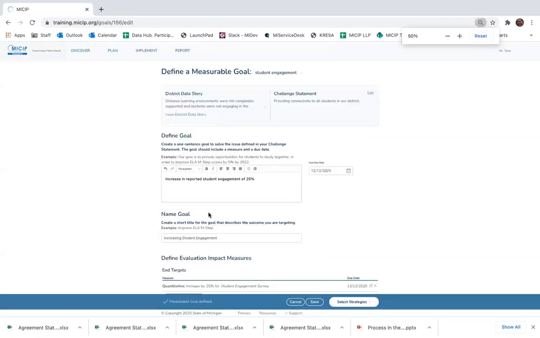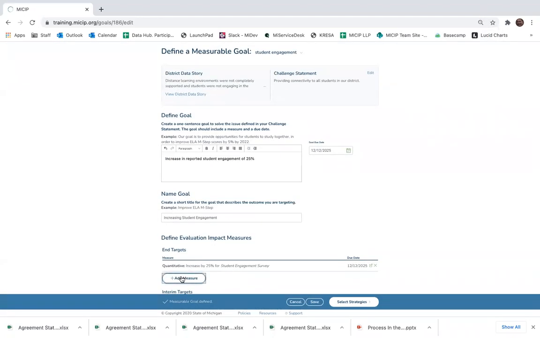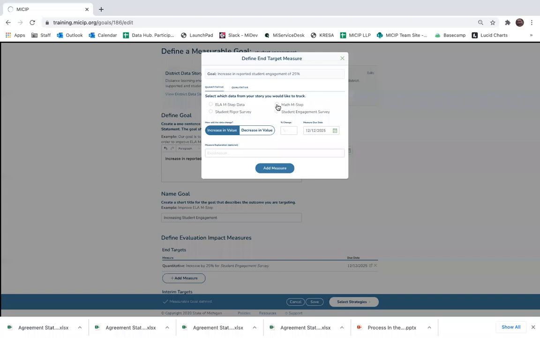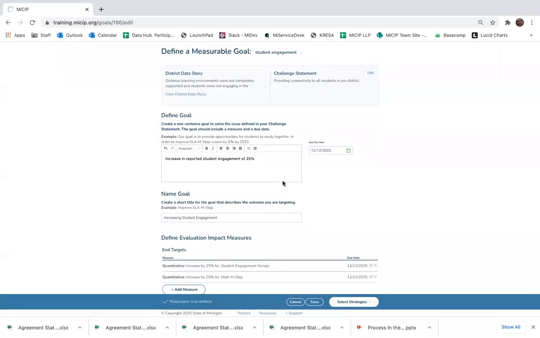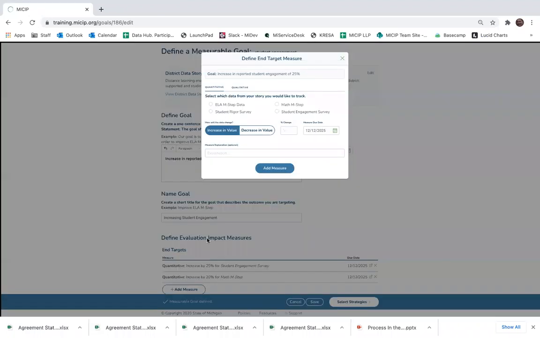Then I can, sorry, I had to zoom out so my screen would fit. I'm going to add another end measure because maybe I also want to monitor math and ELA. So I'm going to look at this M-STEP data. I want to see a 20% increase in math, and maybe it's math proficiency. And then I want to say a 15% increase in ELA, but this might be in,